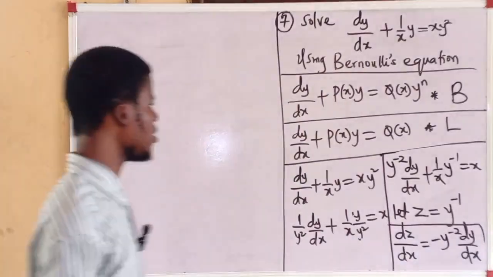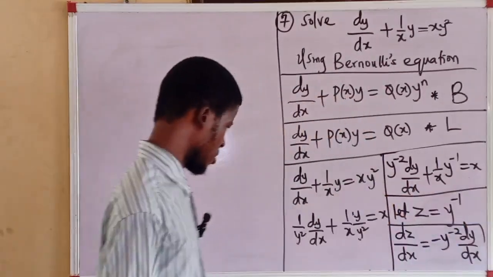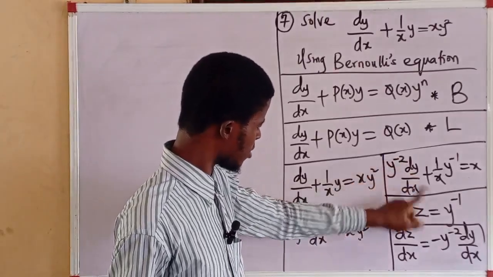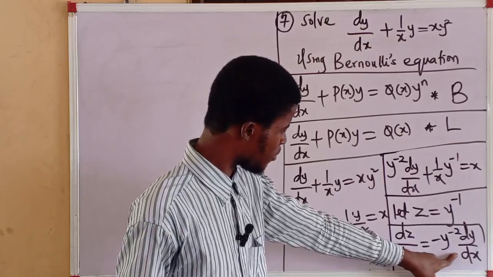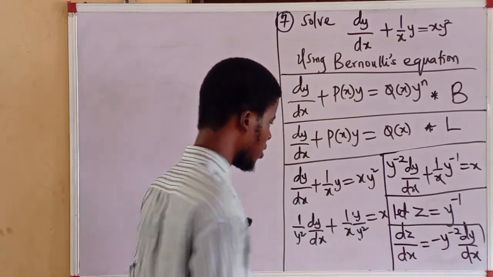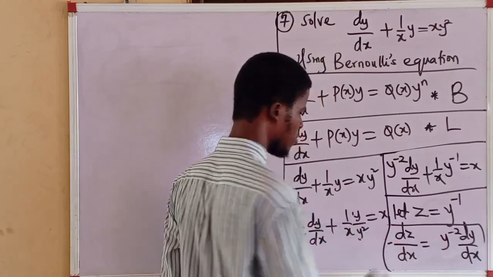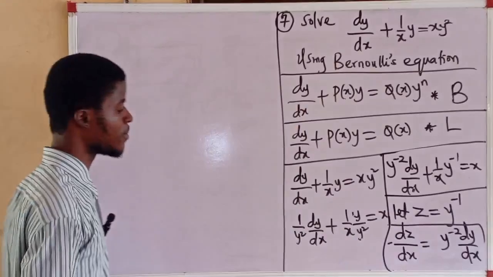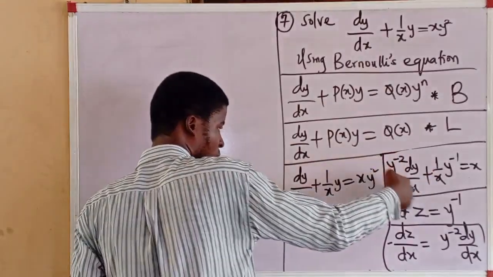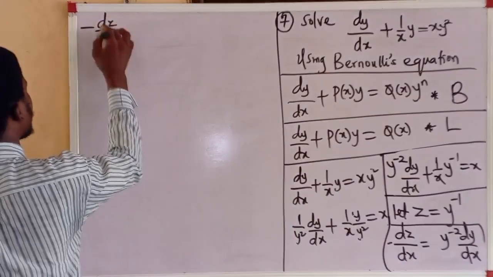So I can see from here, this is a very useful equation. From here now, I can see y to the power of minus 2 dy/dx, and I can see something like that here. But there's a minus attached to this one. So if I remove this minus by dividing both sides by minus 1, the minus will come to this side. So what I will do now is, in place of this first term, I'll put down minus dz/dx